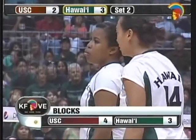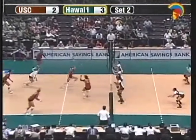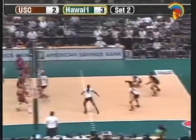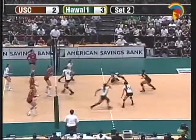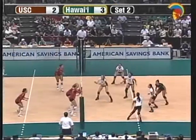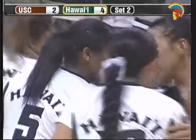Serving is Mafua. Gets it in. The ball dug up by Haglund. Ball's hit over by Jupiter. That's dug up by Mafua. What a dig. Mafua again. Kai-Hui. Danielson goes cross court. Gets it out of the reach of Haglund. And how about the defense was Danny Mafua that time taking